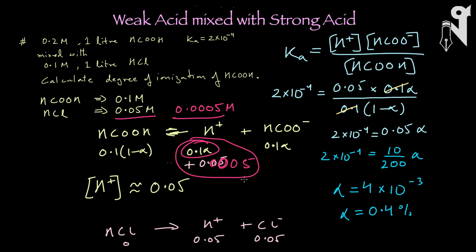Not a big deal. Generally in chemistry they are not going to test your maths so much, and hence they are going to give you values which don't lead to messy math equations. But then you have to be careful. If they give something like this, it should strike you, oh my god, such a big difference between the molarities. What are they wanting us to do? So that's it for a weak acid mixed with a strong acid.